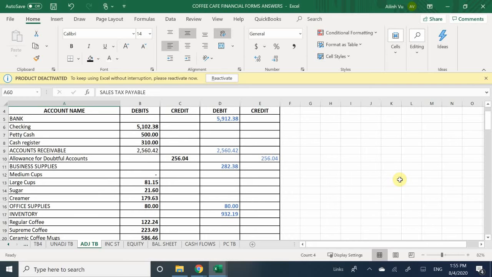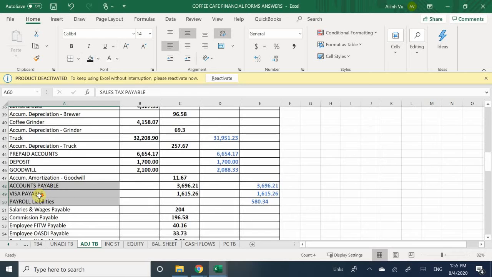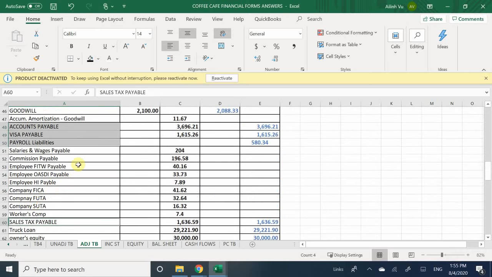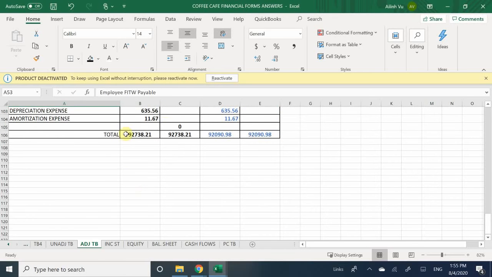Okay, so where we left off was here is the adjusted trial balance. I already went ahead and did it for you, and I've already put every single account in here. Now, I think I told you guys yesterday that the number of debits and credits should